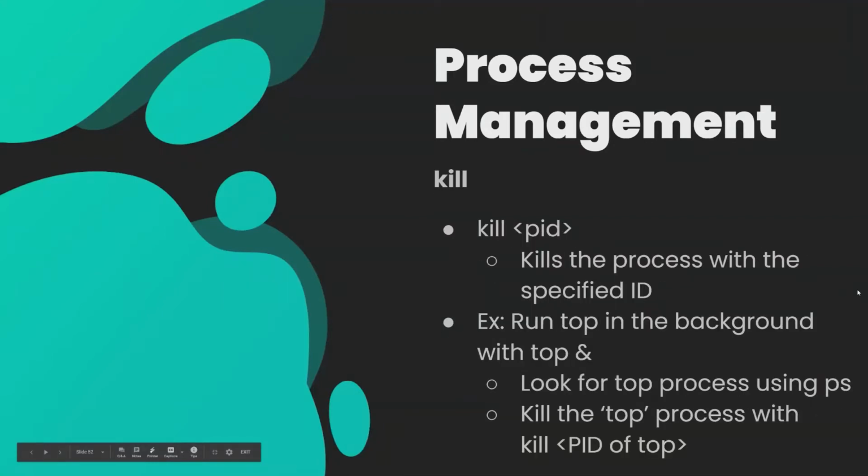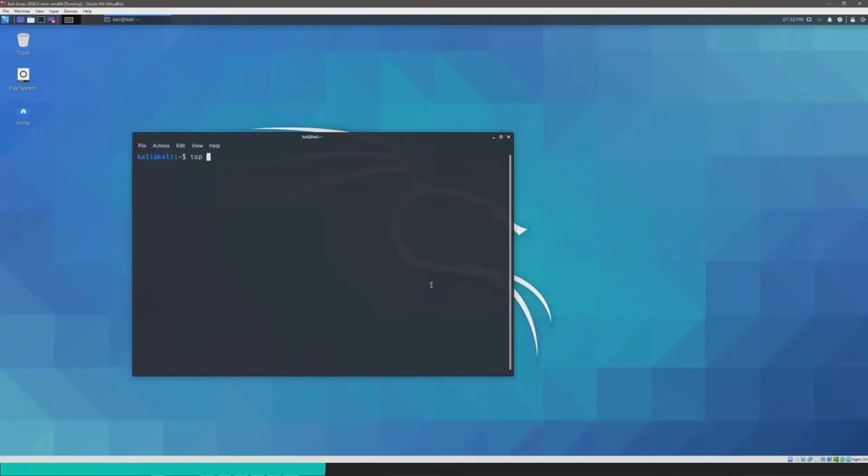There's also another command called kill. So if you type kill and then specify a particular process, you can just kill it that way. So let's say, for example, we run top in the background. The way that you can run commands in the background is by typing the command and then typing the ampersand symbol at the end. So let's say I wanted to run top in the background as an example. Okay, so it's running in the background there. And if I type PS, I can see that top is running and I want that process ID. So if I wanted to kill top, I can do kill, specify the ID, and there you go.